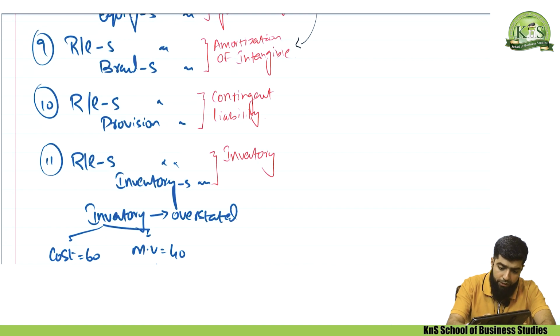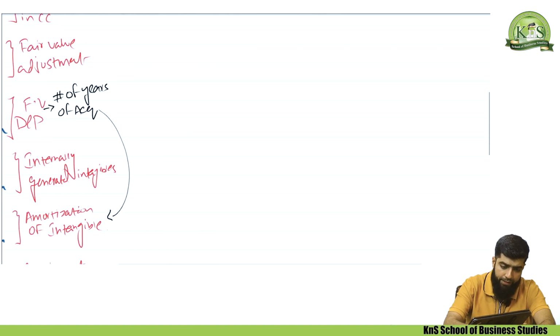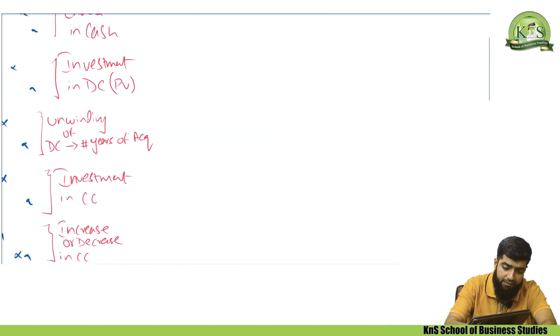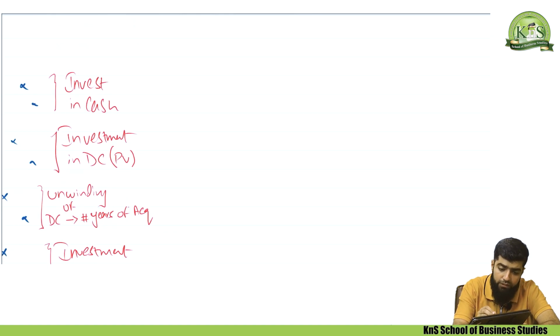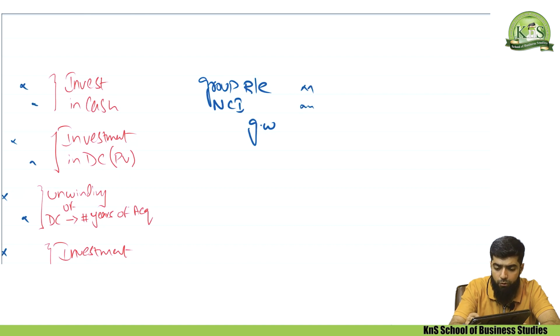And now we are going to discuss the adjustment that is related to impairment. There could be an adjustment that the examiner might test you on, that is the adjustment of impairment. Now what entry will be made in this regard? The adjustment could be the impairment of goodwill. So the adjustment will be recorded as group retained earning will be debited along with the NCI, and goodwill will be credited. That is the adjustment related to impairment of goodwill.